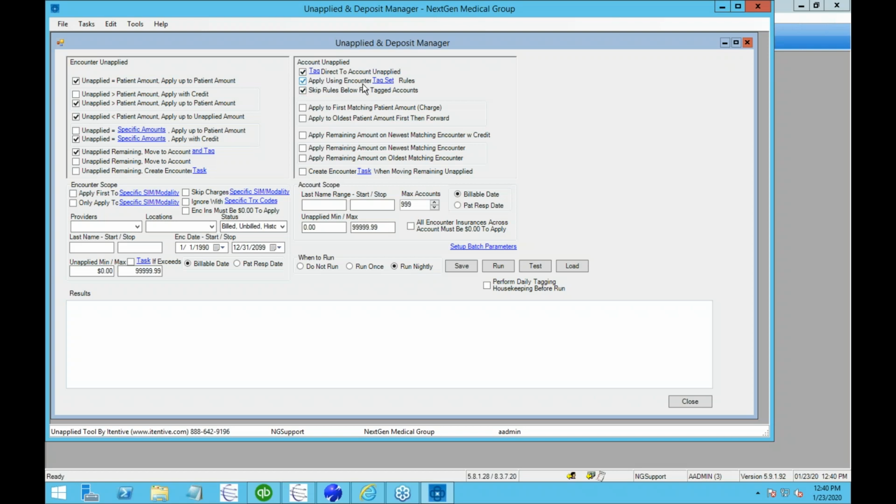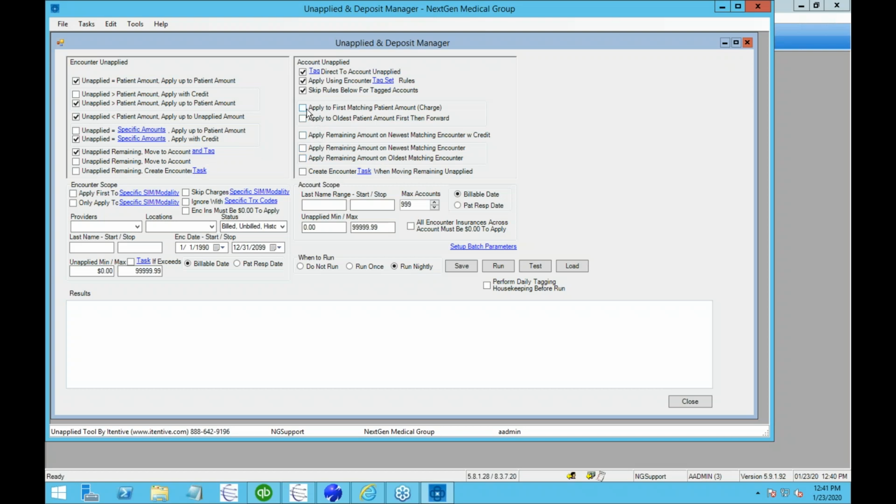Then we're going to try and use that money to see if there's any encounters with the appropriate SIMs and or modalities where that money can be drawn from. And if we're only doing deposit processing, basically we turn on this checkbox that says, if we use the money for any of this, don't use any of the following rules for the money. Now, if you're not doing deposits, if you're just cleaning up your co-pays and you have some prepays that come in before a visit and then by the end of the visit it should have been moved over but wasn't, those types of things,